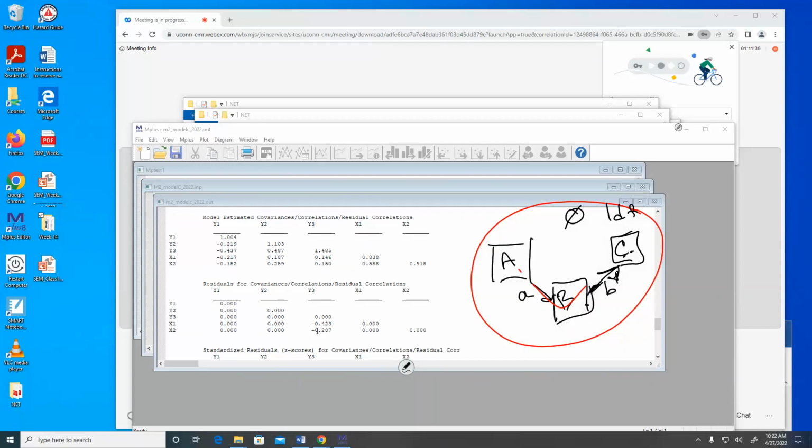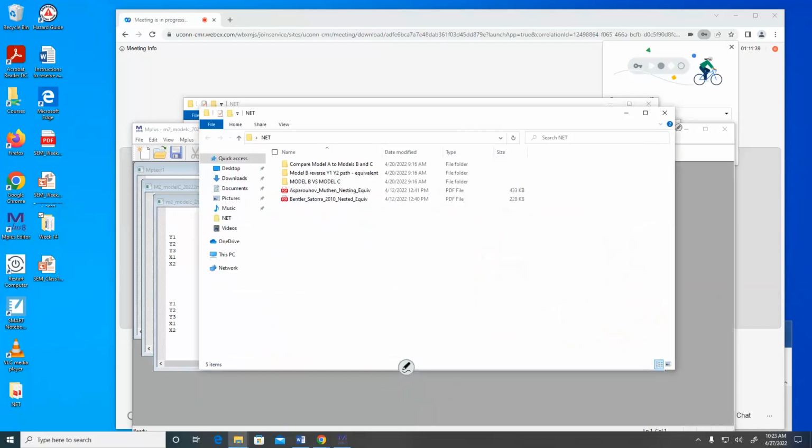We'll call those A and B. So if I don't allow for a path here, I'm really saying that the R implied between A and C is equal to A times B. So whatever those two paths are, those need to reproduce the model implied correlation